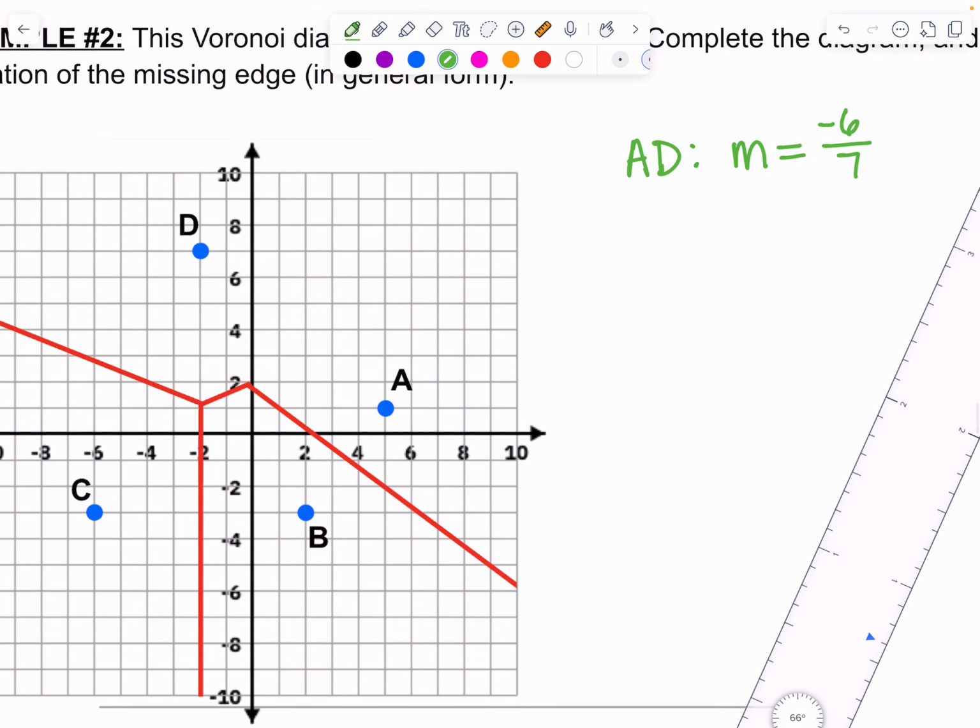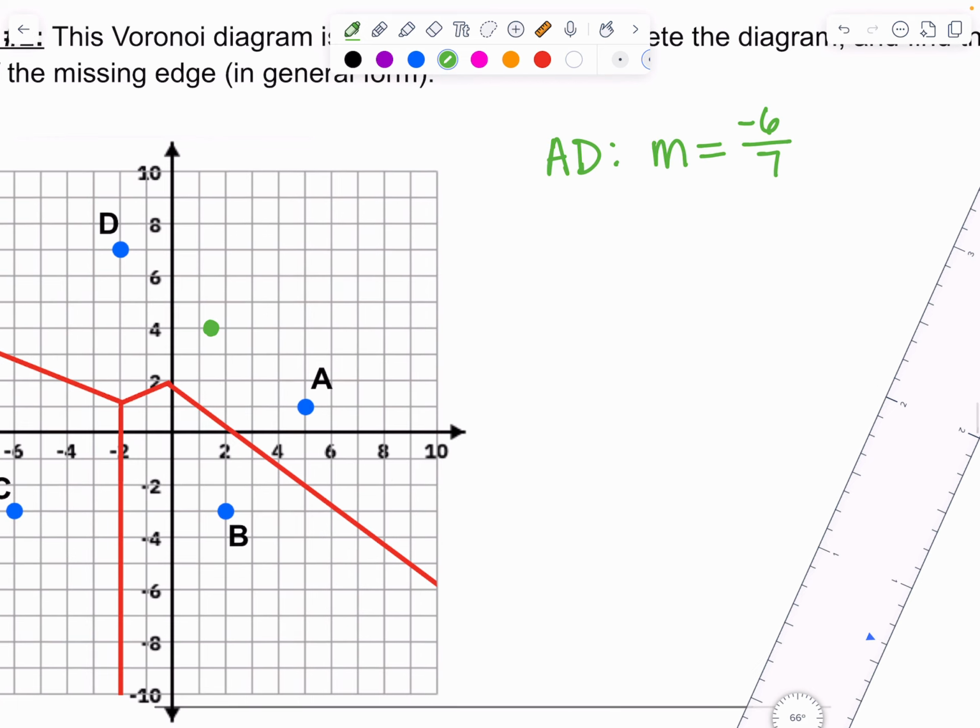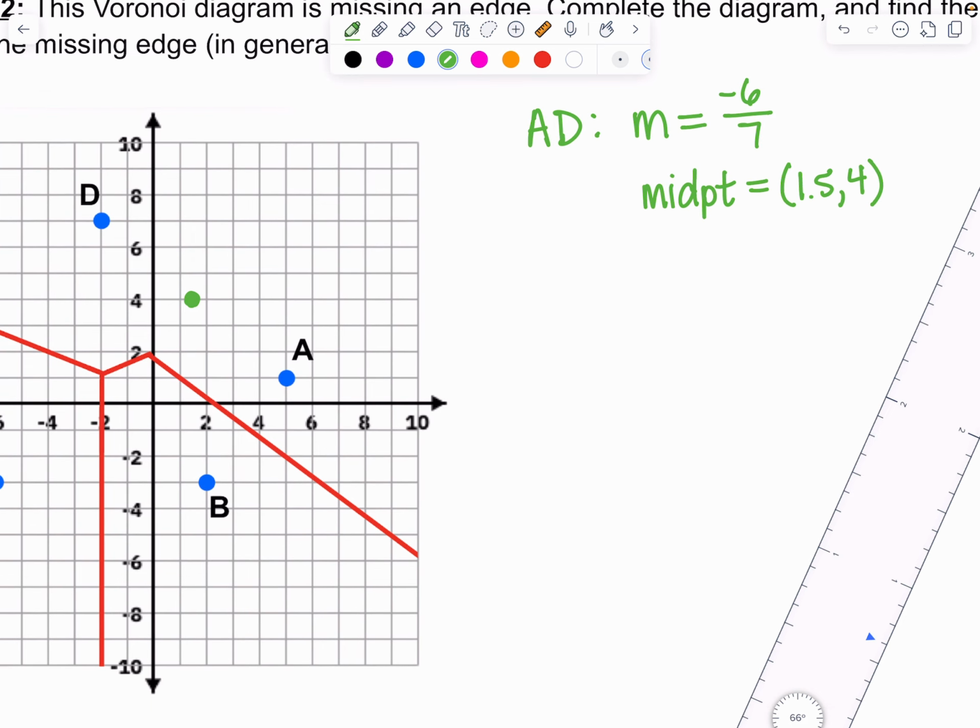And of course, we need to find the midpoint. So the midpoint would be to go down 3 and over 3.5. So down 3 from D, 1, 2, 3, 1, 2, 3.5. So my midpoint is here. So my midpoint is located at 1.5, 4. All right. And then we already know this perpendicular slope is going to be a positive 7 over 6,